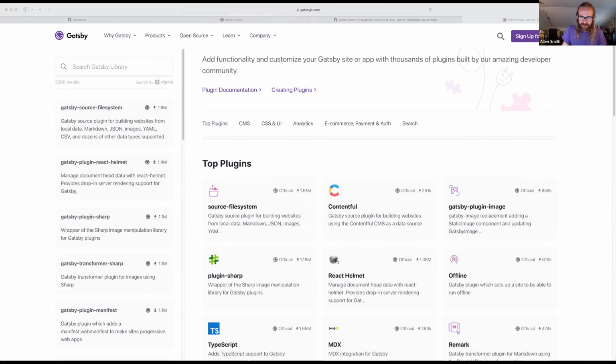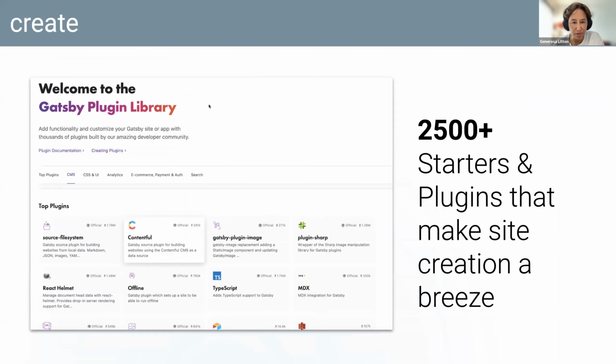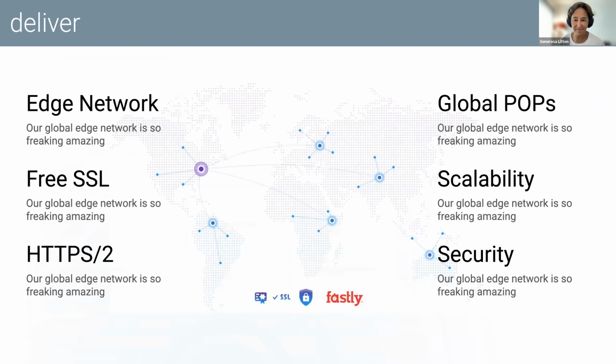And we were in, yeah, we're talking about Gatsby Cloud. So I think, and then how is the cloud served up? I think we were talking about the CDN. Oh, that's right. Can you see my slides? Yeah, I can see the starter slides. Yeah, now how do we deliver?